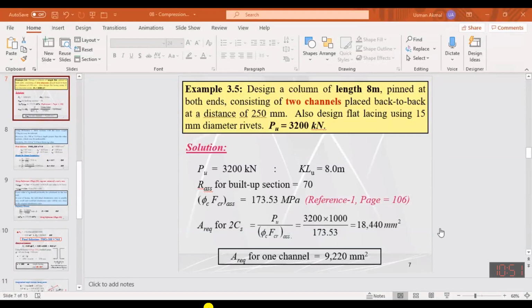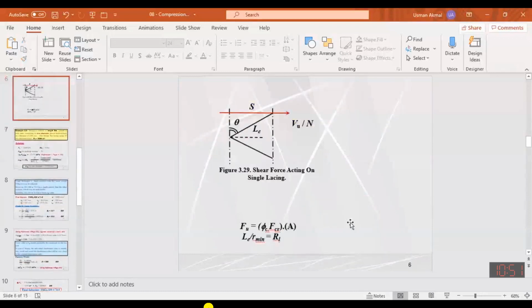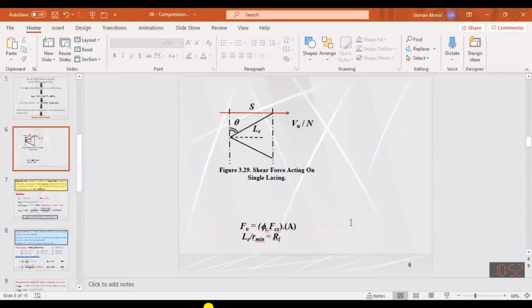Mirza Muhammad Sarfaraz, are you there? Yes, sir. Can you hear me? Okay, can you see the slides? Can you see slide number 2? Why this n value? We divide the VU by n value. What does this n value represent? Why do we divide the VU by n value and what is this n value representing here?